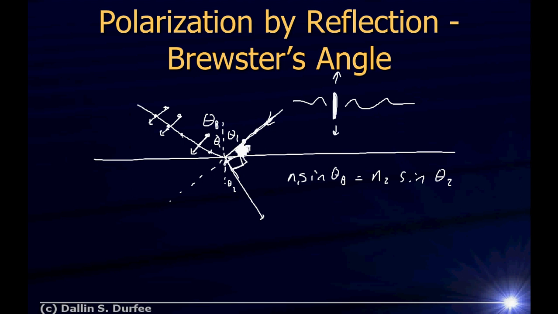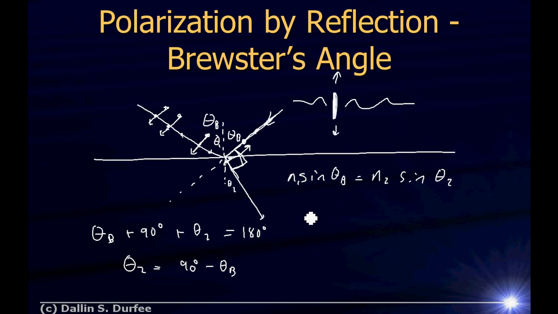So this angle right here is theta Brewster, theta 1. Here's theta 2, and that's 90 degrees. So theta Brewster plus 90 degrees plus theta 2 must equal 180 degrees, right? So if I go from here to here, that's 180 degrees. So if this is true, then theta Brewster is really Brewster's angle, and that's the angle we can shoot our beam in at such that we don't get any of this polarization of light reflected. All right, it all gets transmitted. So that tells me then that theta 2 has to equal 90 degrees minus theta Brewster.